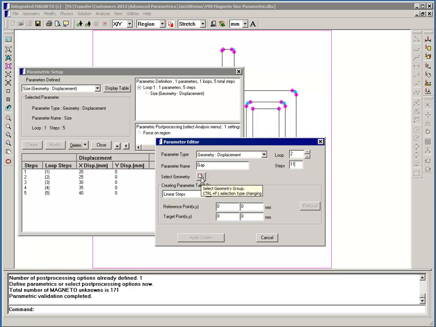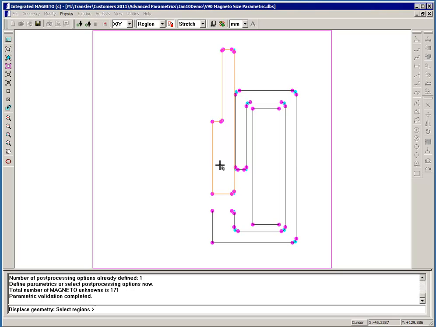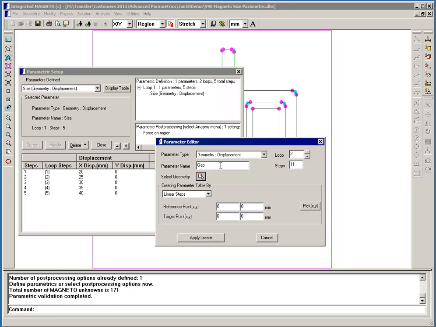Now we have to select what geometry applies to this gap parameter, and once again it'll be the core region, and we'll have the same displacement. Initially we'll be at a height of 15 millimeters above the stop, and the final position will be 5. Now when I click on Apply Create,